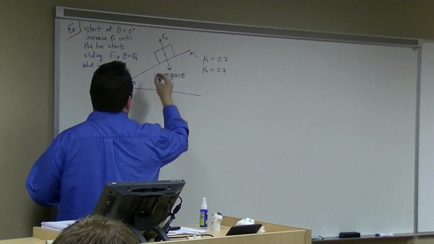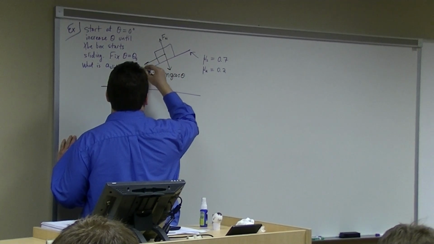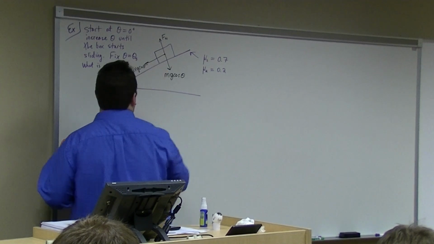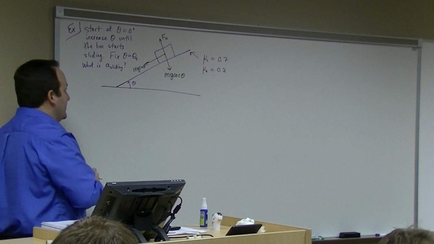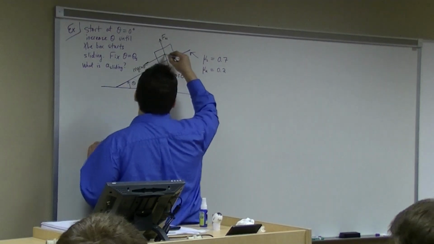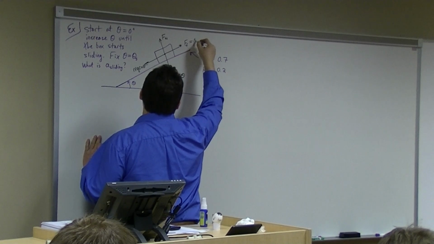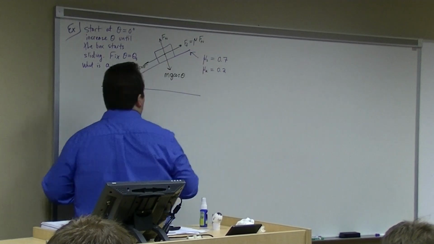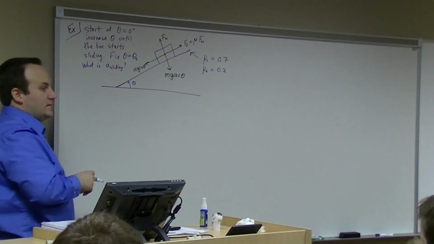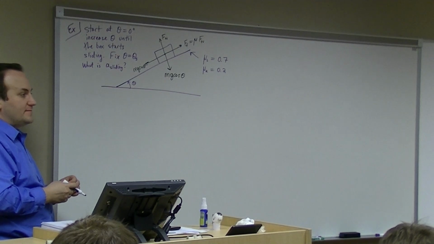The force of gravity down the plane is this guy, mg sine theta. And then, of course, you've got the force of friction, which is going to be opposite the potential motion at the start, and so that's this way. Force of friction, which by the way is mu times the normal force, where of course that's either mu sub s or mu sub k,